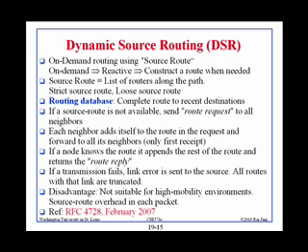So DSR is the next scheme, and it is also on demand and reactive, as opposed to the previous one which was proactive. This is on demand. So basically, you just do it when you need it. And what you do is you put the source route on it. Every packet has a source route. Many of you may remember that IP does allow you to put a source route on the packet. So you can put a list of routers that your packets will go to.